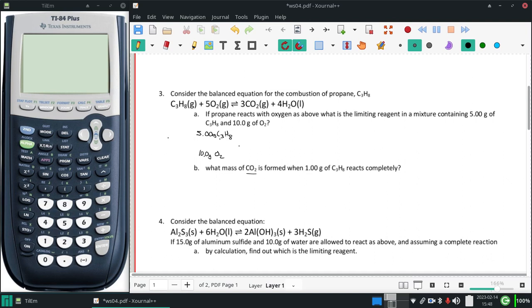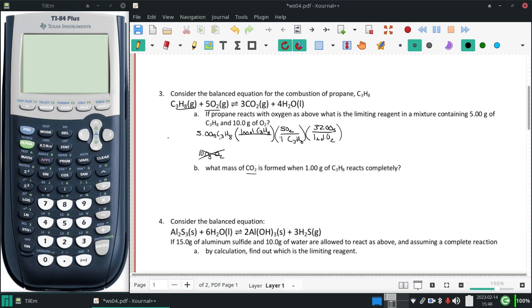C3H8 reacts completely. So up here, since this A is its own standalone thing, I'm only going to do one of these, because what I'm going to do is figure out the amount of O2 needed to use up all 5 grams of C3H8. So I'm going to need to get the molecular weight of C3H8, so I can convert that into moles. I'm going to use my balanced equation to show you that there is 1 C3H8 for every 5 O2s. So we're just relating our two reactants in this case. And then the last thing we're going to do is convert the moles of O2 back into grams. All right,